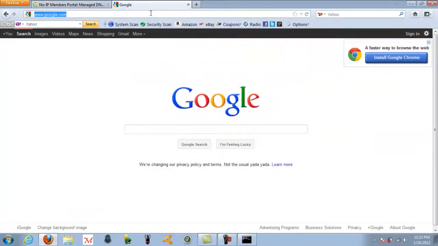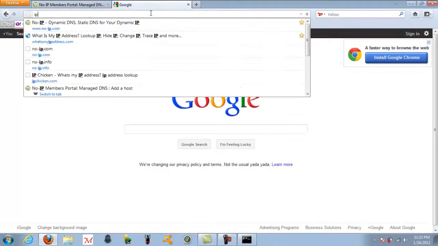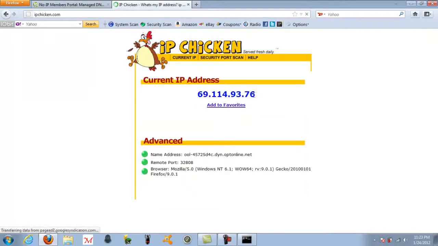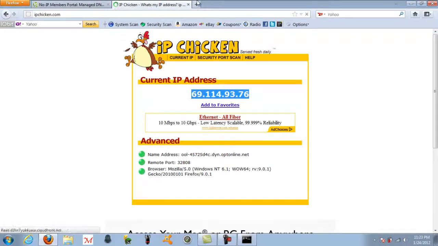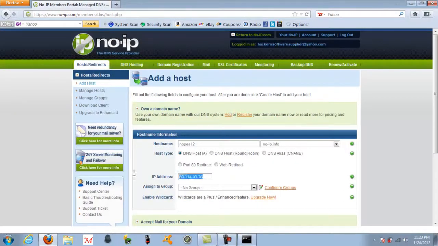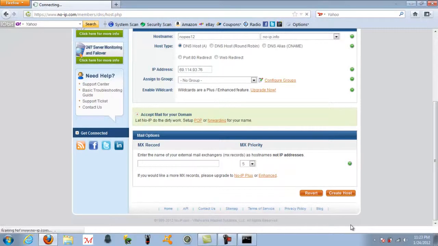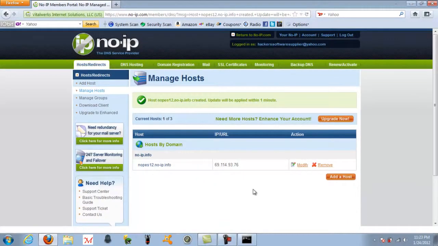Go to ipchicken.com. Copy your IP address. Paste in the box. And then click create host. Now after you do that, you want to copy it, and you're going to want to go back to